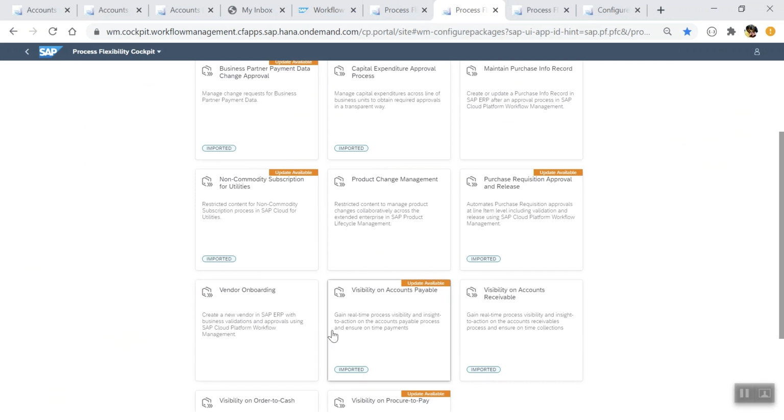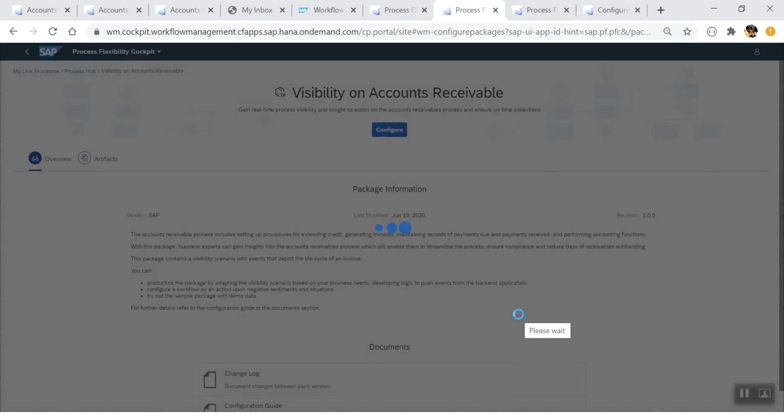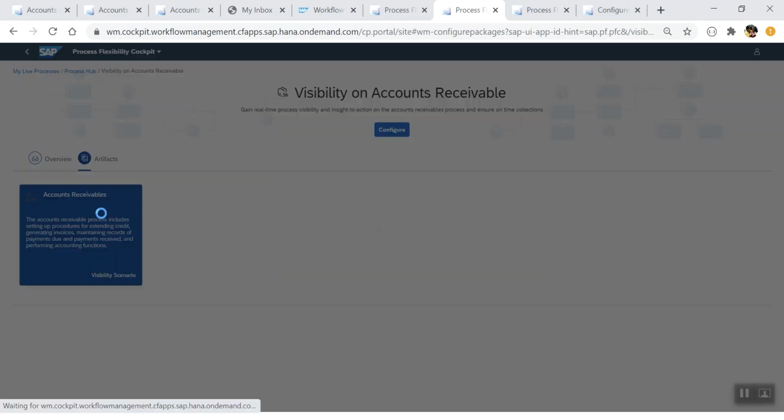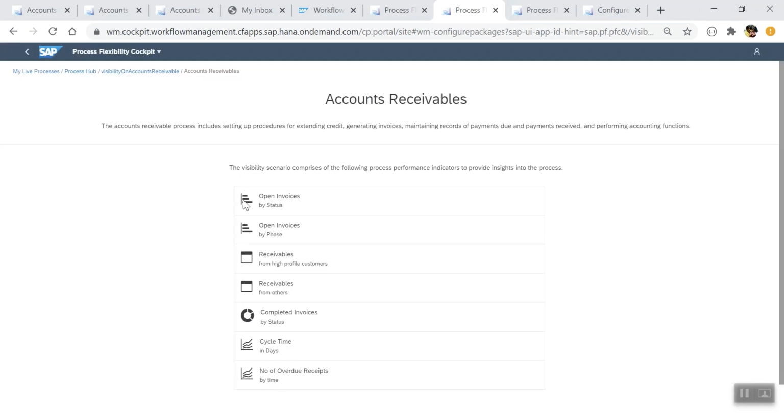You can take a deeper look at the package Visibility on Accounts Receivable. You can understand the offerings of the package, the configuration guide, the artifacts, and also you can go through the potential performance indicators that are offered as part of this live content package.